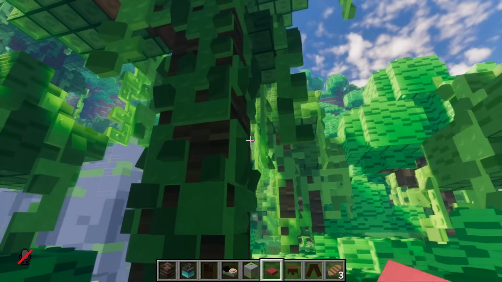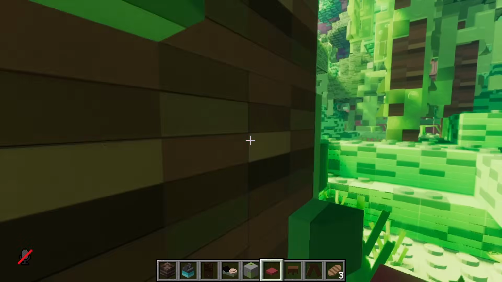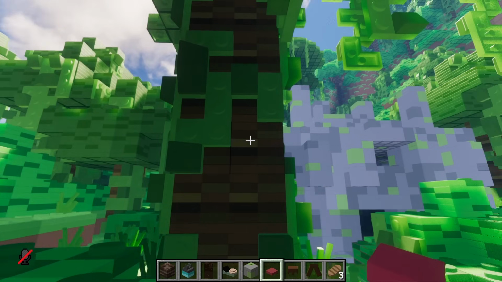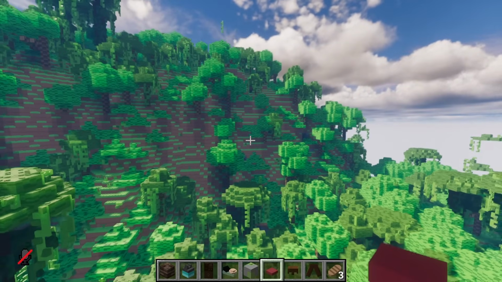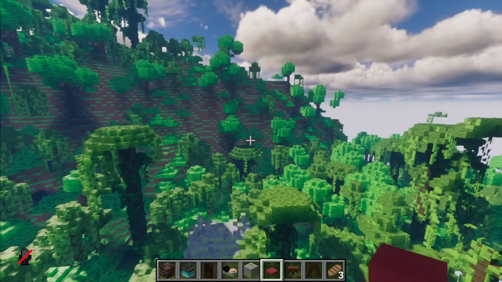This looks quite neat as well, like the sort of larger jungle tree. I'm gonna be honest, I think the larger, wider trees actually work better than the normal ones. Actually, maybe not. I don't know. Dude, this is genuinely a really cool biome, though. I want to see this before and after with the texture pack. Okay, the jungle is definitely...